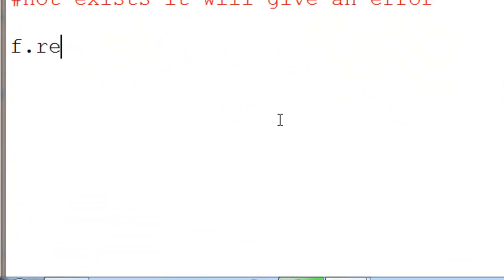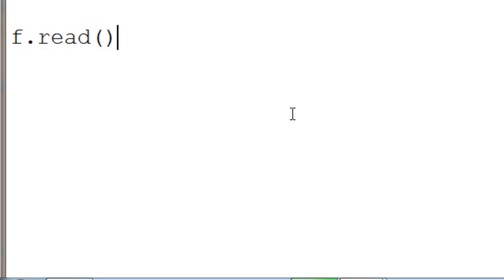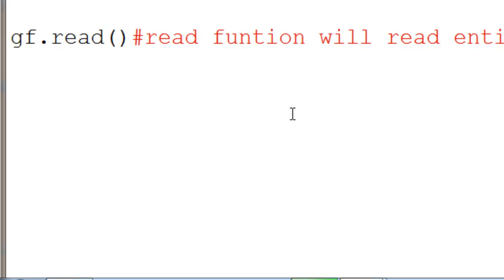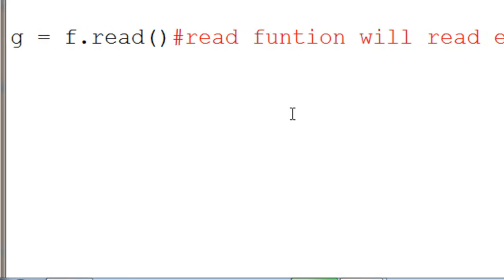Now I need to read. So I will use f.read. The read function will read the entire file, and its return type is a string. So what should I do? I need to store this entire content into one variable: g = f.read.